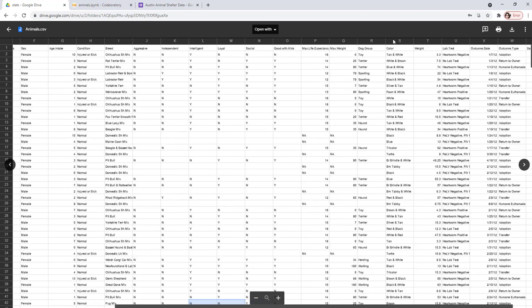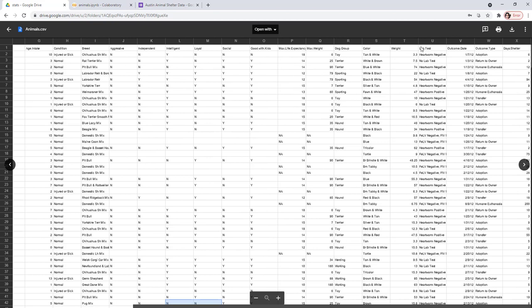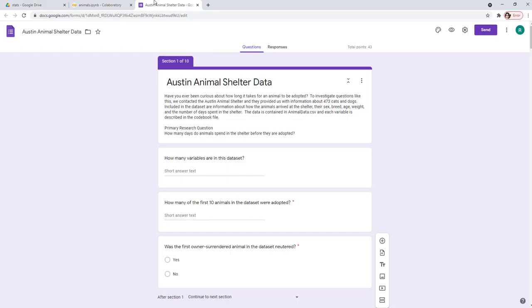Then the color of the animal, the weight of the animal when it is brought in, and the lab, in case certain tests are run, those details are given here, otherwise it's written no lab test. Outcome date is the date when the pet leaves. And then outcome type: how did the pet leave? Whether it was adopted, returned to the owner, or humane euthanasia, meaning it was killed on humane grounds. So it's again a categorical field, and then the number of days spent in the shelter. This is the kind of data that we have for this particular assignment.